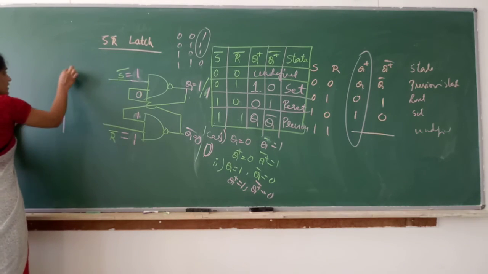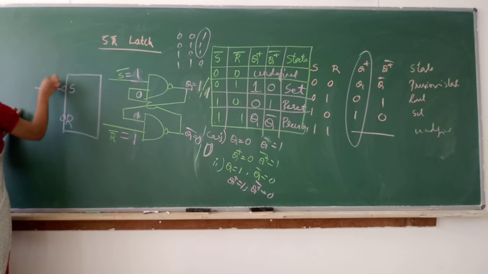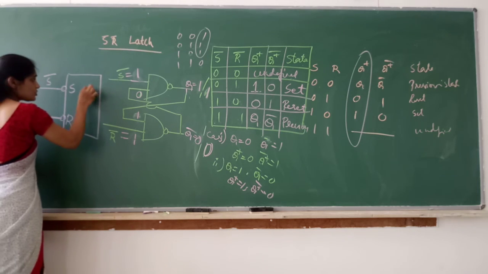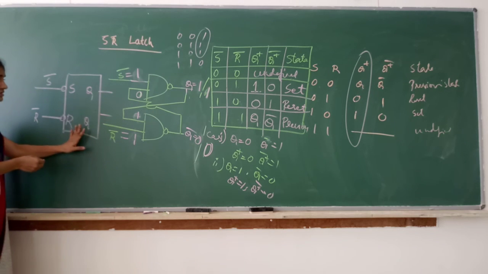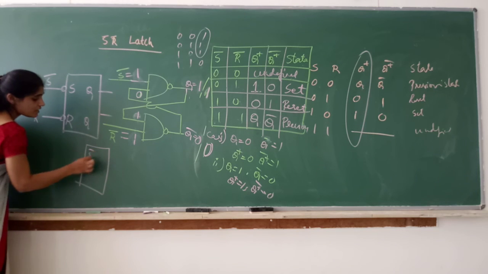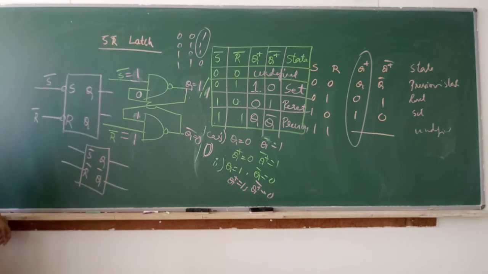So how will we write the logic symbol? For SR, you can write a bubble over here, which is nothing but S bar, R bar. Or you can just write, let me show two methods. This is Q bar. This logic symbol is also right. Otherwise, you can write S bar, R bar, Q bar. That is also correct. Both are right. Okay, so this is the S bar, R bar latch.